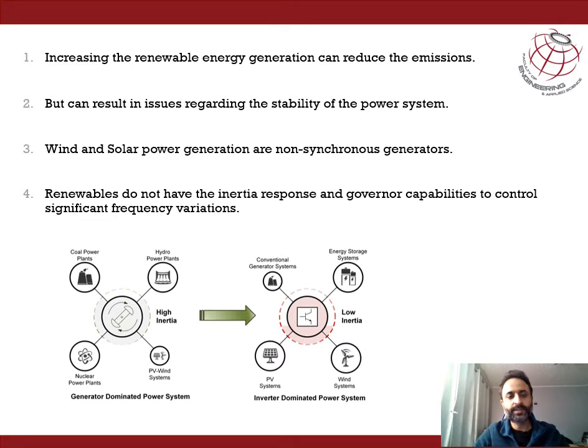I am Amrit Pal Singh, and I am going to present before you the fundamentals of frequency control and the variable droop control method that we are going to use in our project. With increased renewable energy penetration, we are able to reduce emissions. However, large amounts of solar and wind renewables in the grid, particularly in a microgrid, can result in instability.